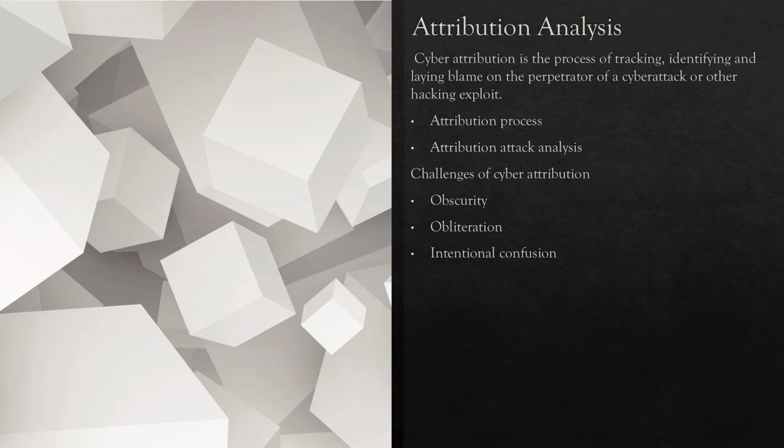Obscurity is deliberately hiding or concealing their techniques and methods by using spoofed IP addresses, MAC addresses, or captured traffic packets. They also use anonymizers such as Tor browser and other techniques to mask the information about the attacker or the systems used. The second is through obliteration techniques. The attacker may modify, delete, and destroy logs to cover their tracks.